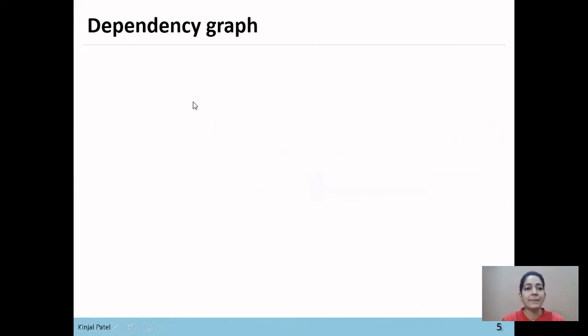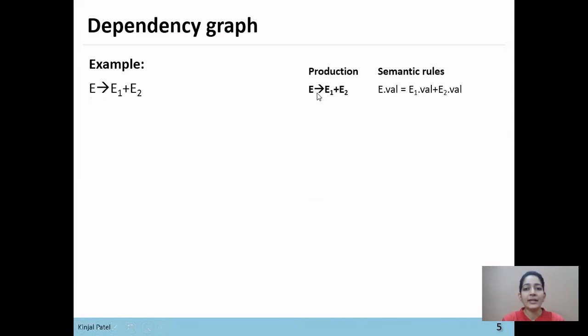We'll see the dependency graph using one example. Here is the grammar: E derives E1 plus E2. The semantic rule for this production is E.value = E1.value + E2.value. Here .value represents the attribute, and this attribute is a synthesized attribute.